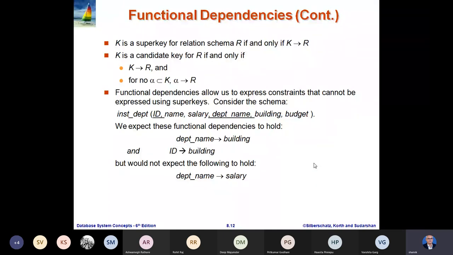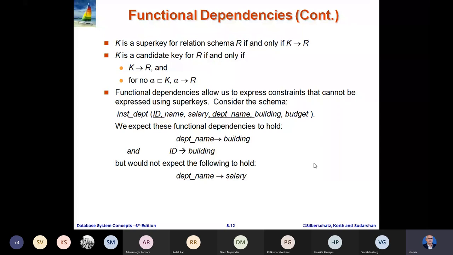As you rightly pointed out, whether a department can be housed in only a single building is some kind of business logic. The stakeholders can tell us that for them, the department name will always be located in a single building. Hence, when we database designers get to know that information, we'll put the functional dependency that department name to